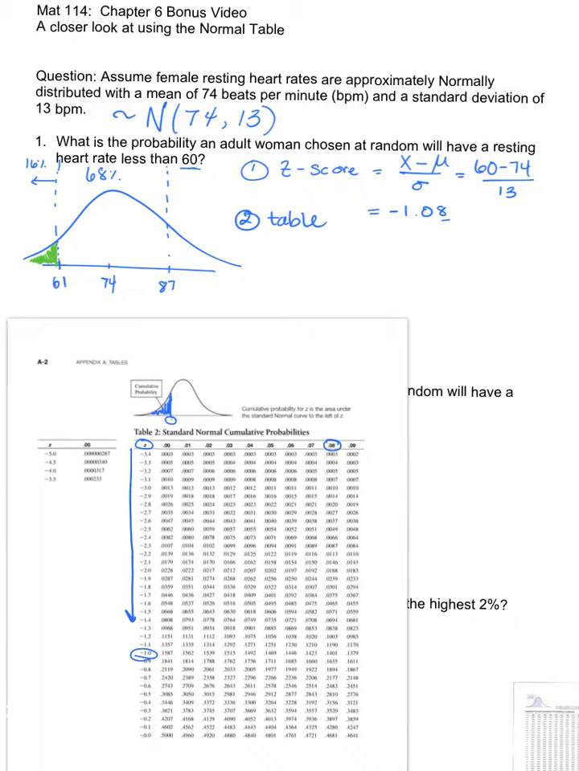And now we come over till we get to this number right there. And this, in fact, is the probability that corresponds with the shaded region when z is negative 1.08. 0.1401. Okay, so